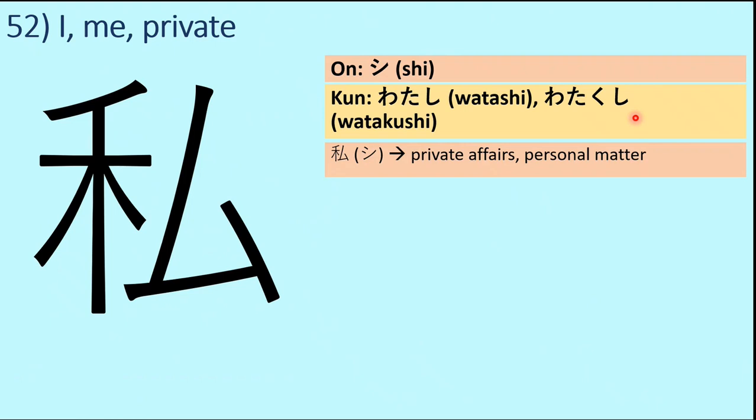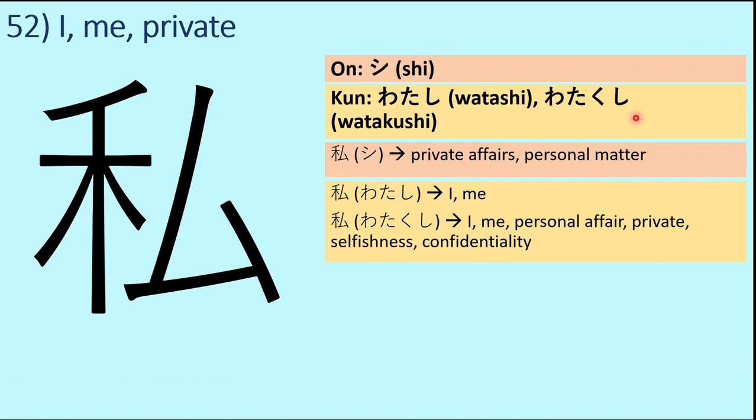In onyomi, shi means private affairs or personal matter, and in kunyomi, it means I, me, and watakushi may also refer to personal affair, private, and even selfishness and confidentiality if it is used with some more characters. Based on the usage, where we are using it, in which sentence and at what position, and in what context we are using it, that will decide the actual hidden meaning of this character. But as a whole, as I said, this is the base meaning of this character, which is I, me,